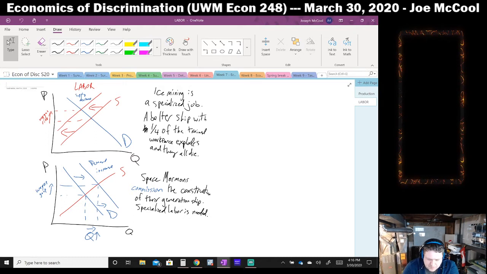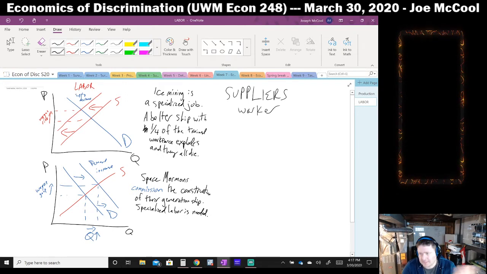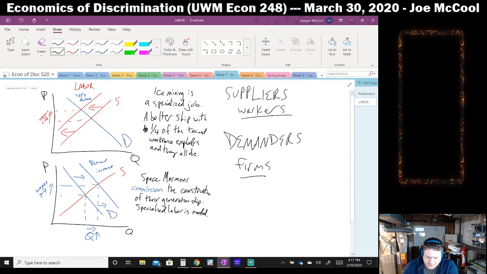We have suppliers are the workers, which is backwards from most economic models, right? Usually the suppliers are the firms. So the suppliers are workers because they are the ones who provide the labor. And then we have demanders are firms. So if the suppliers are workers and the demanders are firms, then we will have, remember that the law of